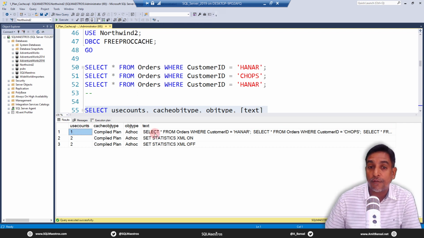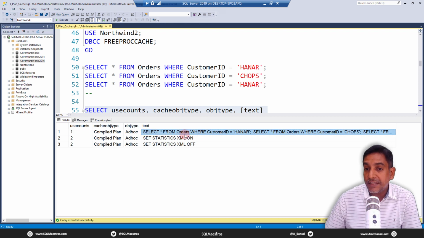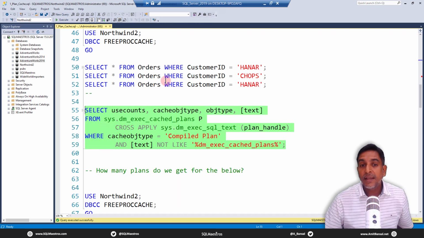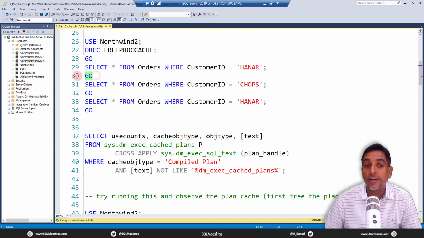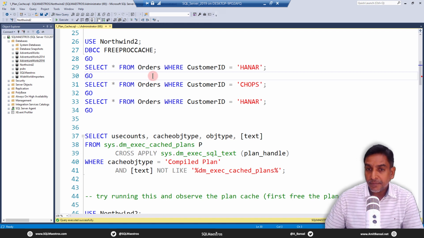and look at the text of that plan. So this is the complete text that I selected. If you can see, select star from whatever, Hanar, then again chops, and then again Hanar. You know why? Because if you compare this with this one, we had the go batch separator. So the plan gets created the moment we encounter go, which is the batch terminator,